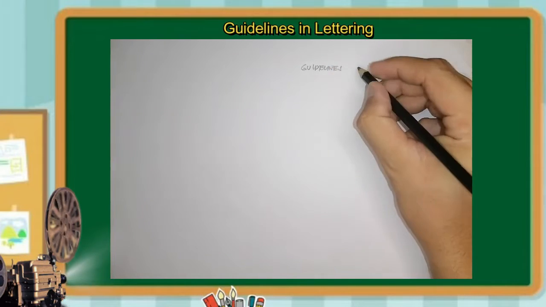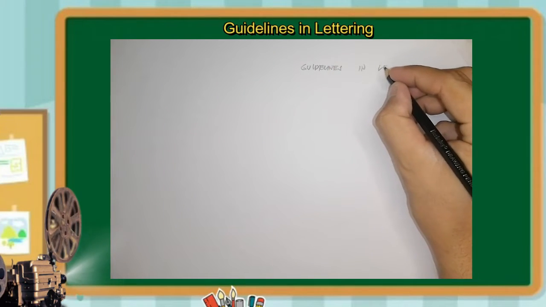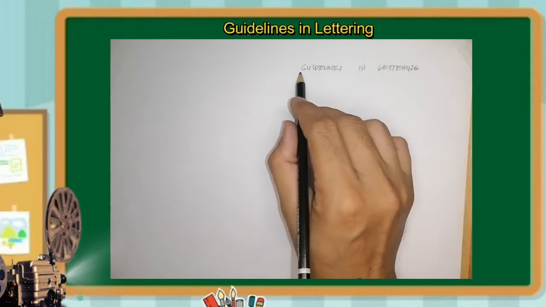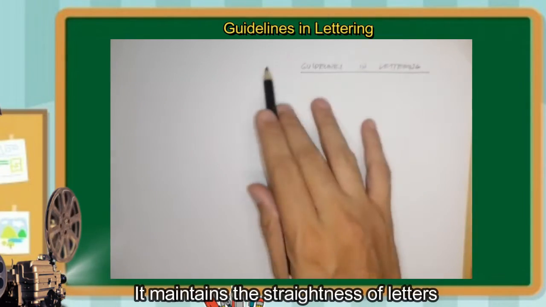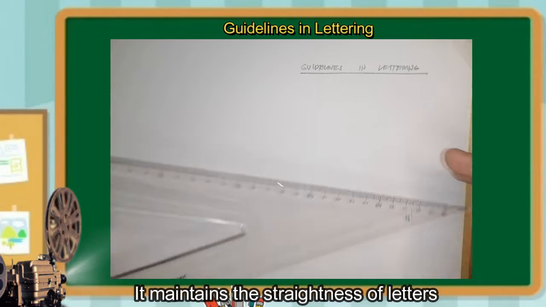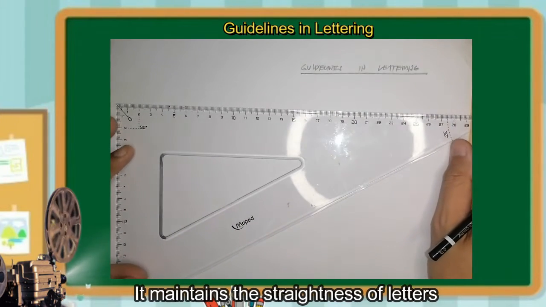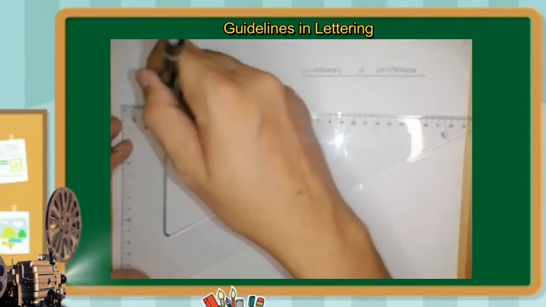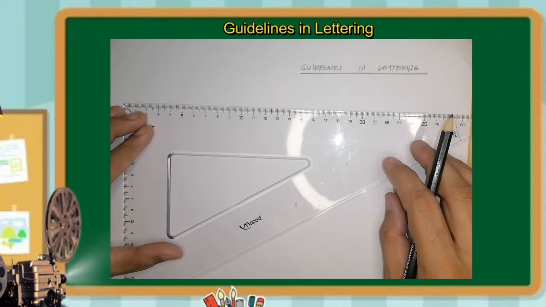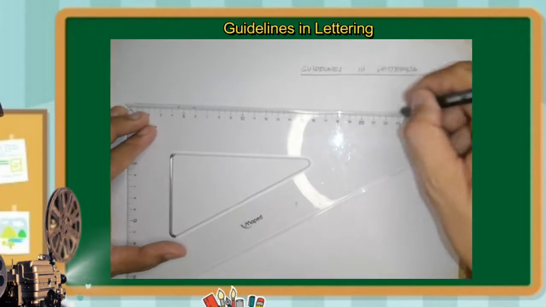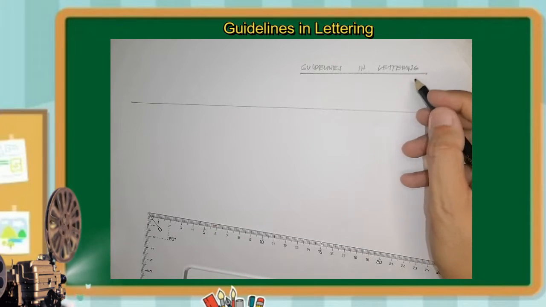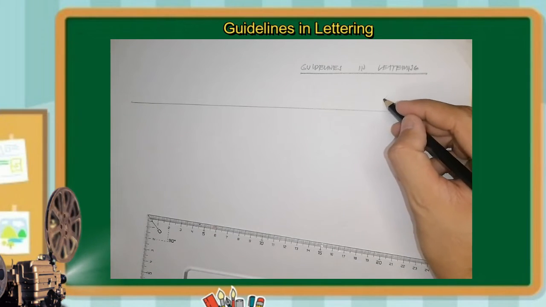Guidelines in lettering. So one of the importance of guidelines in lettering is it maintains the straightness of the letters. Assuming here, I will be creating guidelines. So the first guideline in lettering, normally the topmost, is what we call the